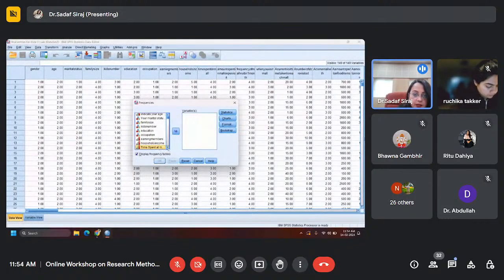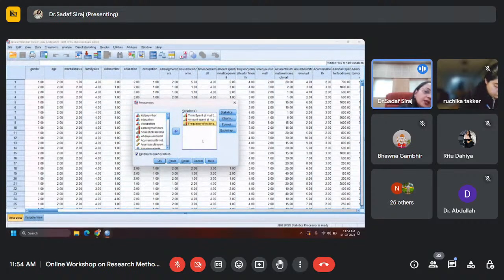So I am interested in understanding how much time people spent in the mall, what was the amount of money spent by them, and what was the frequency of visiting the mall. Is it clear? I just want to understand their shopping behavior now. In terms of 3 variables, one variable is how much time they are spending. The second variable is how much money they are spending per visit. And the third is the frequency of visit. How frequently are they going to the mall? Again, I have chosen these 3 and I'll put OK.